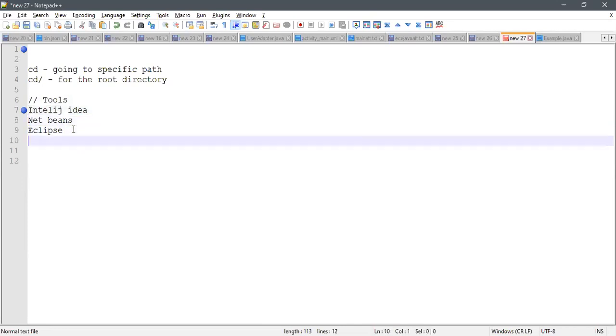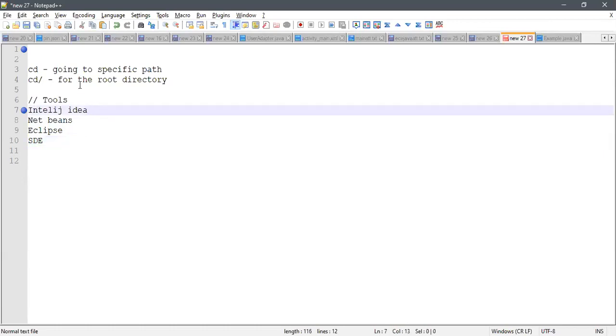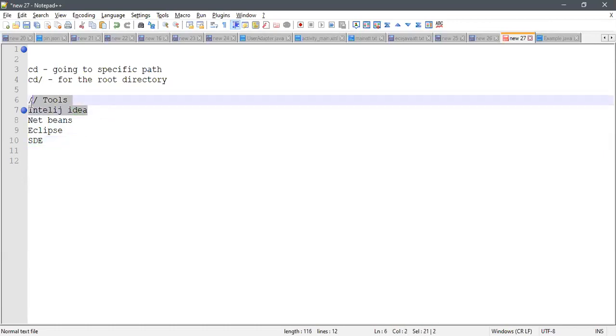Eclipse is also good. In my organization, in Cognizant, I used SDE, which is a standard development environment, completely based on IntelliJ IDEA. These two things are the same. So Cognizant, for Java, what they are working on, they use the SDE environment. This is somewhat different, but some features are available inside this. Both are the same, IntelliJ IDEA and SDE. Outside, they won't allow us to download this. That's why I'm using this one. Okay. So better download this one. It is very useful for you.